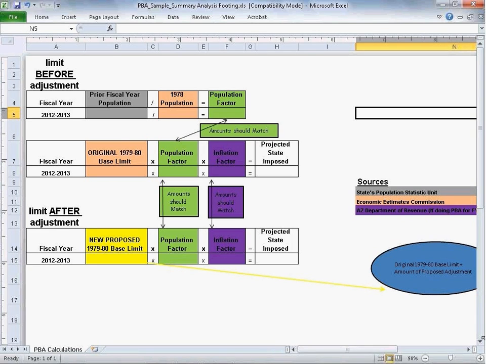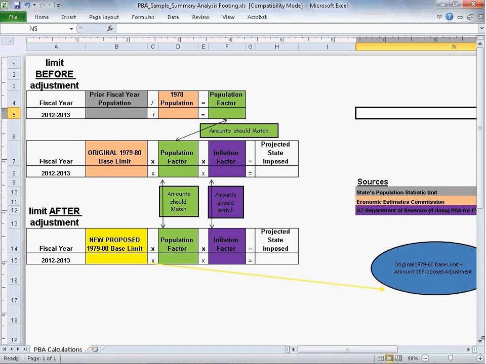Finally, we check that the entity used the correct inflation factors. Inflation figures are issued 3 to 4 times per year by the Arizona Department of Revenue. We also provide the most recent figures on our website in the FAQ section, and we update these amounts when new factors are issued. The sample forms issued by the League of Cities and Towns may already have inflation factors filled in. However, be sure to verify that these amounts are the most current factors before submitting the proposal to our office for review.